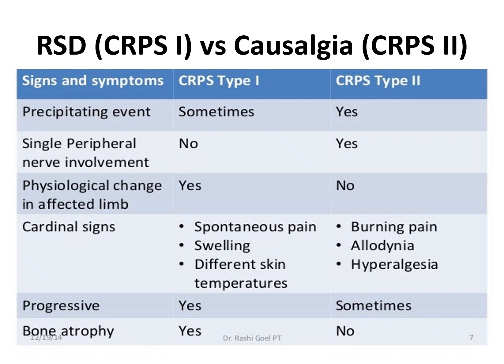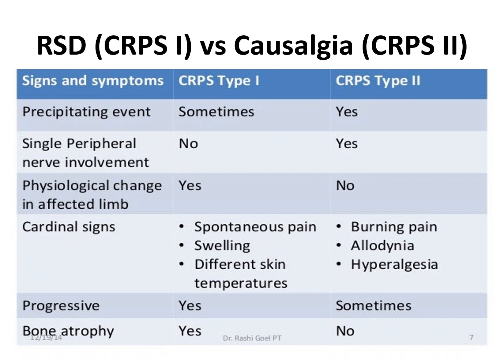There's a physiological change in the affected limb that is going to cause spontaneous pain, swelling of the affected limb, and a difference in the skin temperature. CRPS1 is progressive, and CRPS1 is the one that is associated with bone atrophy, characterized by osteopenia on the X-ray, aka Sudeck atrophy. This PowerPoint was taken from this source. And CRPS2,